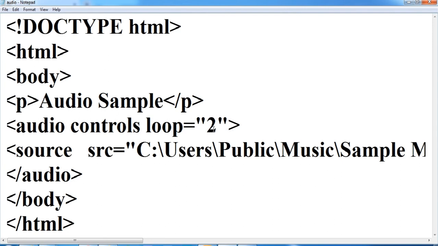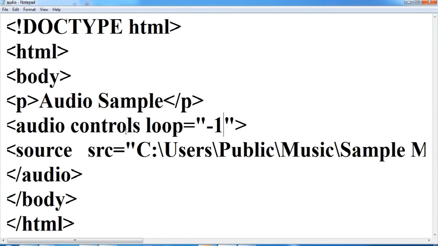If you are using loop is equal to -1, then it will repeat infinite times, so you don't have to take a count for it. The audio will repeat again and again for as long as you are accessing the web page.